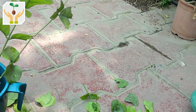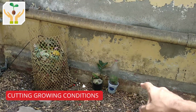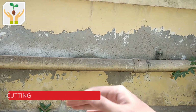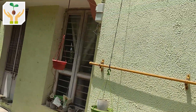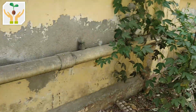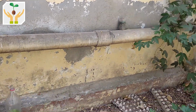Now let's go to the place where we'll be growing these cuttings. Over there you can see, at that place I'll be placing the cuttings. This place is quite nice because it does not receive any direct sunlight, but it receives continuous indirect light. The wall basically is on the south side, and from the north side our house is placed, and the direct sun falls on our house, and because it's colored so lightly, the light gets reflected, basically diffused, and over here you can see there is bright indirect light,